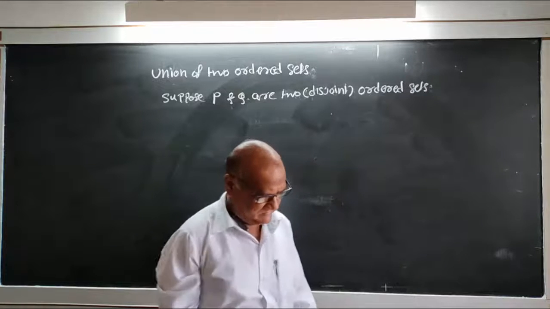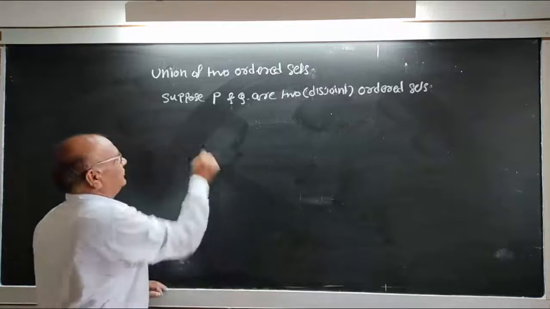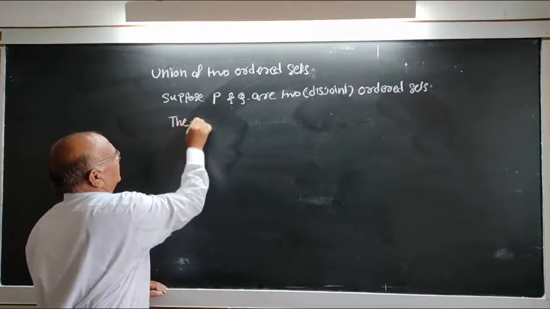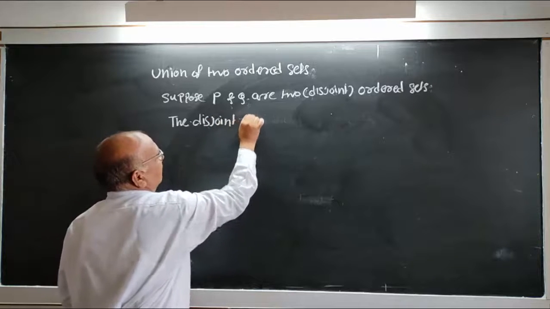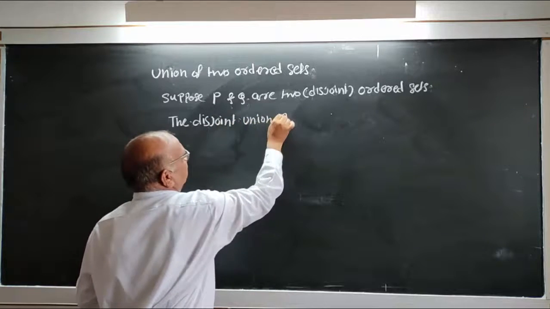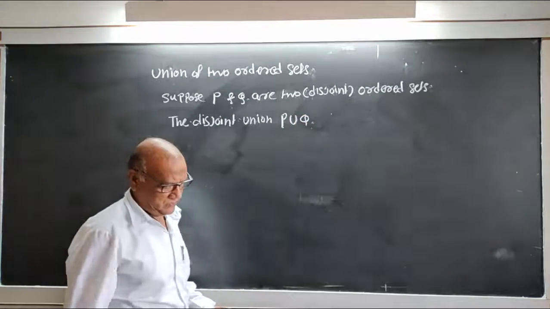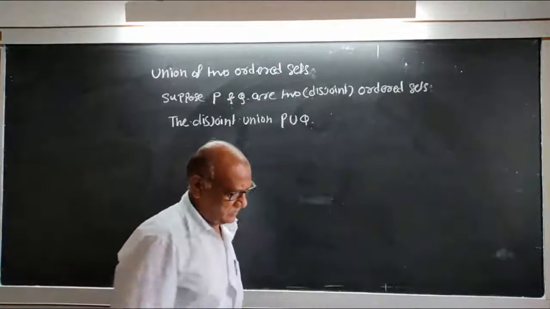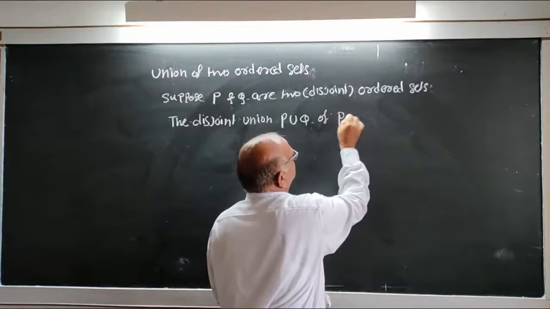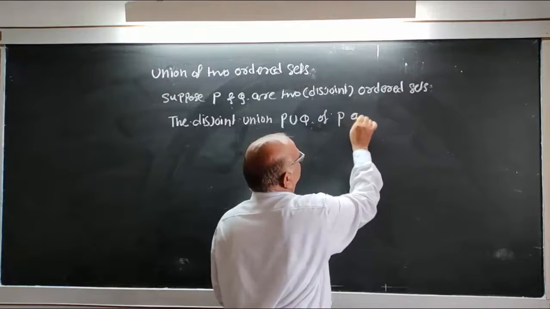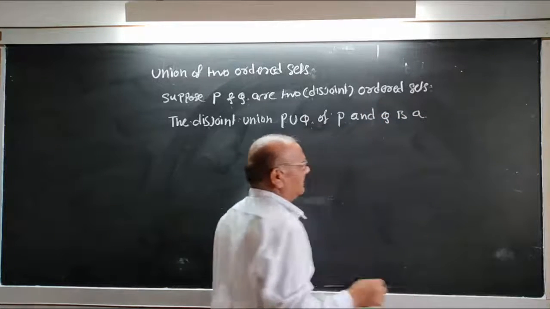The disjoint union, denoted by P union Q, of P and Q is an order set,